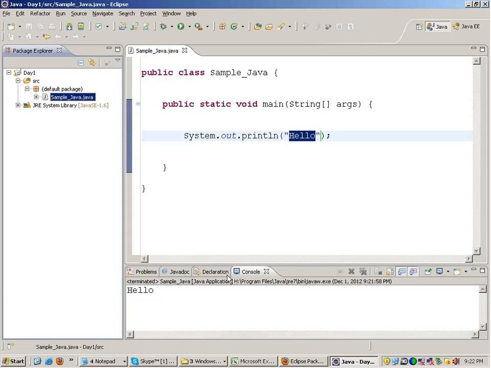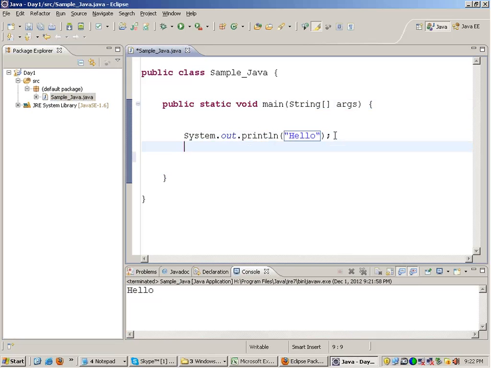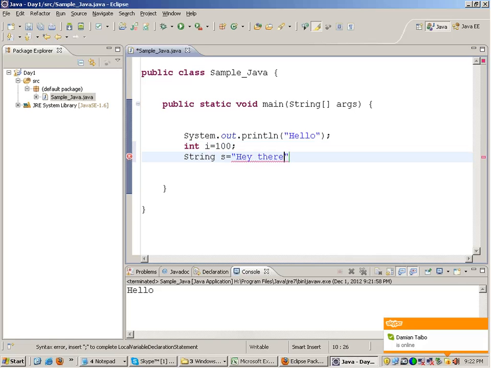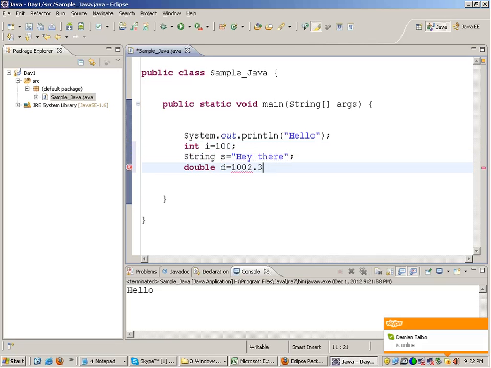Right? Now, in Java as well, we have integer, like int i equals 100. We have strings, like string s equals here there. Right? We have a double to store decimal numbers.